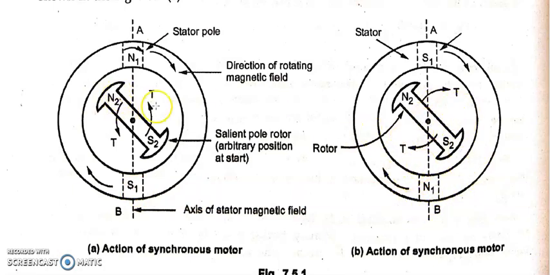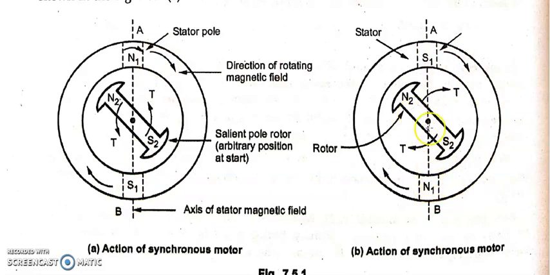Due to inertia, the rotor doesn't rotate in the anti-clockwise direction. You should not forget that inertia is present and the rotor is very heavy, so the rotor will not rotate in the anti-clockwise direction. The reason is that the stator has suddenly changed its pole direction from N1 to S1 as well as S1 to N1. So the rotor doesn't rotate due to inertia. It remains in the same position. In the figure we can see the rotor has remained the same, but the pole direction of the stator has changed, because it is rotating at synchronous speed.